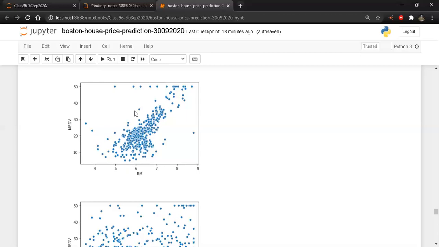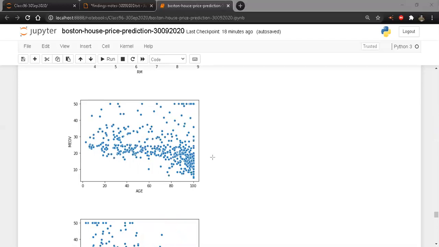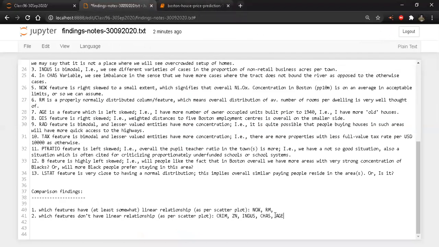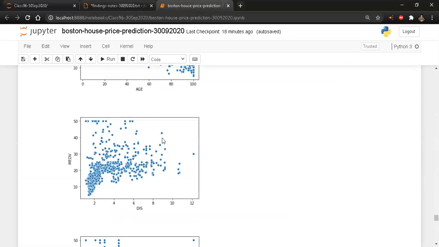Then I'll go ahead and see. This is not very bad, but then yes, it is not really good as well. I can take a line and draw it somewhat like this. And there is a downward relationship, not so good. It is really not so good. Lot of outliers are there. So I'm going to put it over here. Maybe you may have a different opinion, but from my perspective, it's not really good. So age does not signify how much price there will be, but DIS signifies somewhat price.